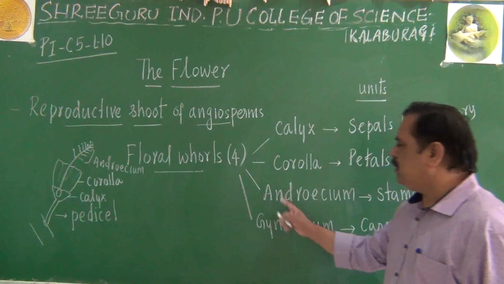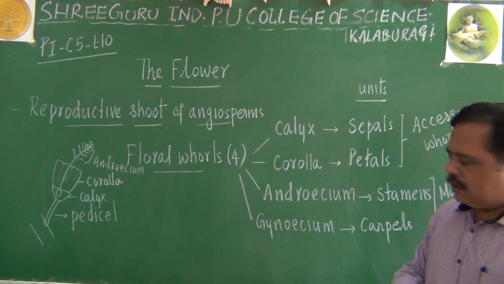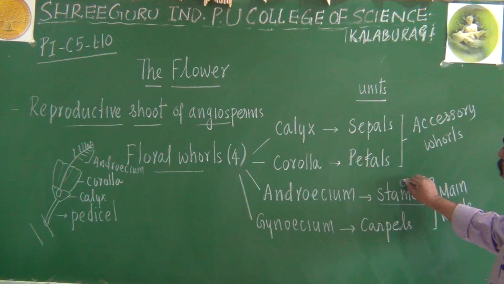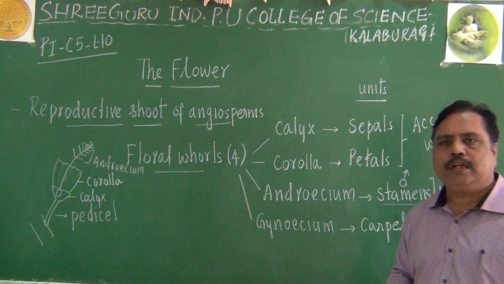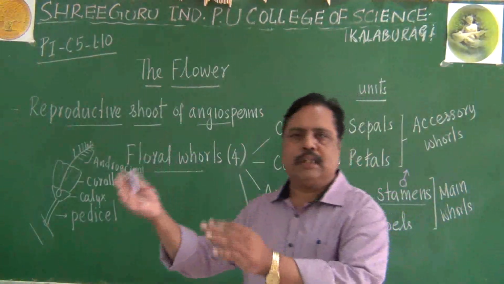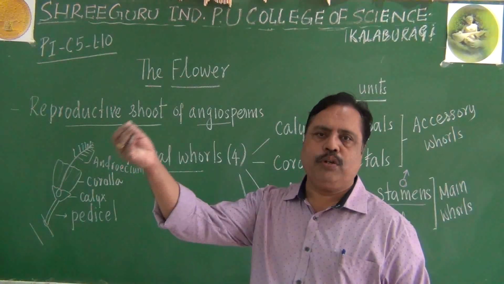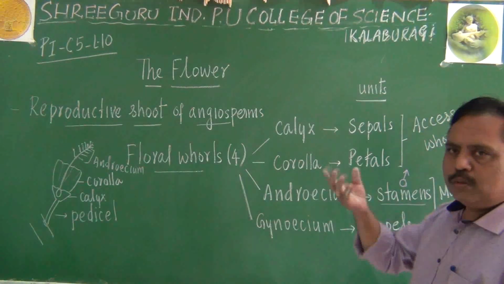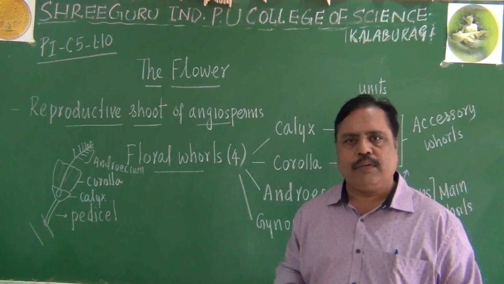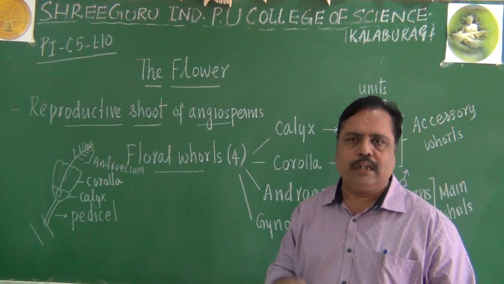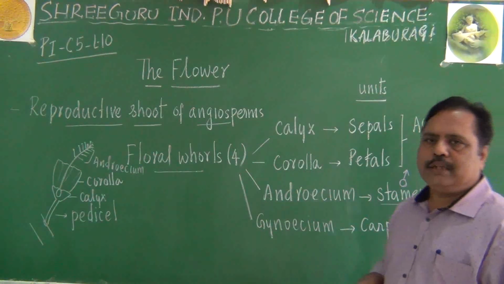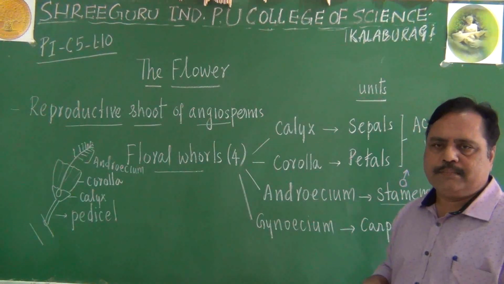Sir, what is the difference between androecium and gynoecium? The androecium or the stamens are the male reproductive part of a flower, we can say. It represents the male reproductive part. In animals, we call that testis. As testis is producing sperms for reproduction, the stamens or androecium will also produce antherozoids for reproduction. You might have heard in lower classes, antherozoids are the male reproductive cells. They are produced from androecium mainly, or otherwise stamen we can say.